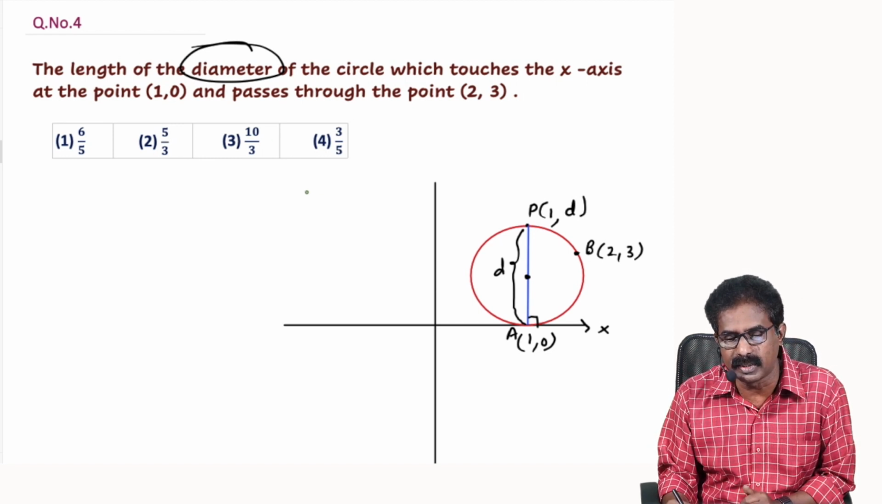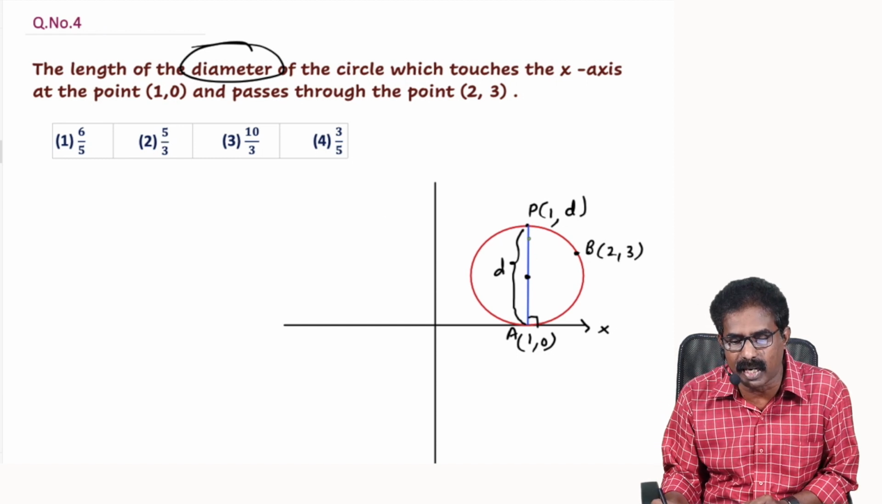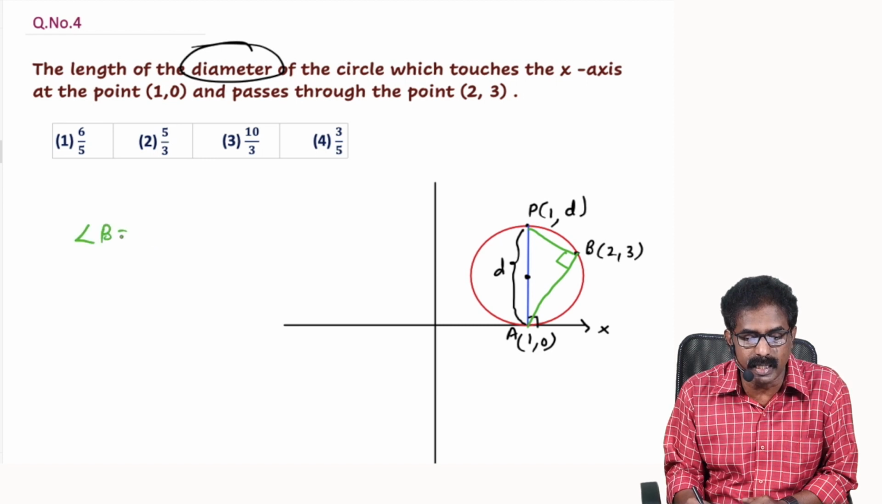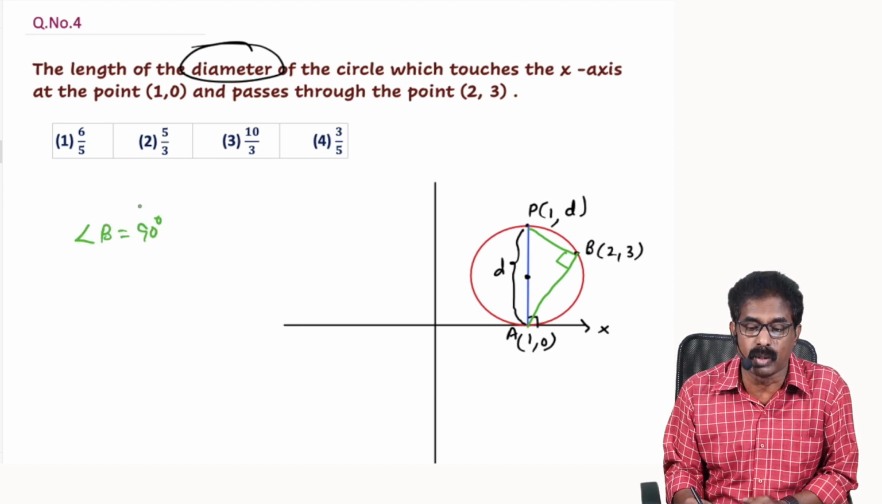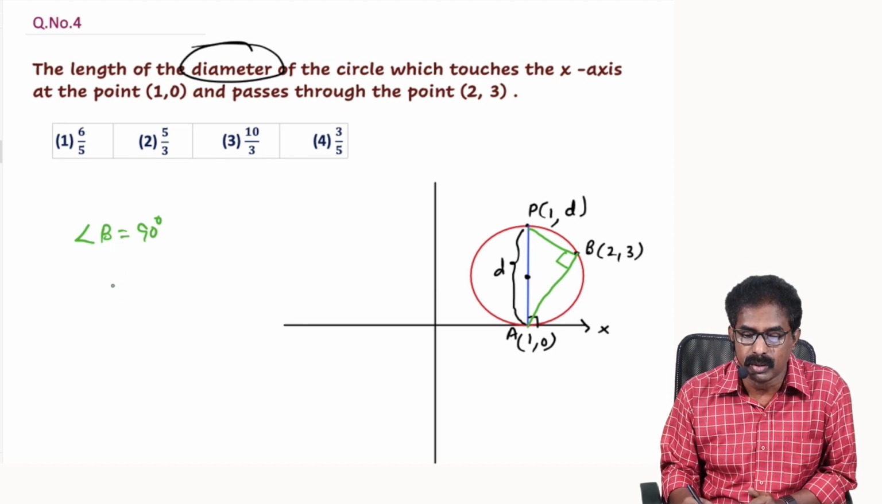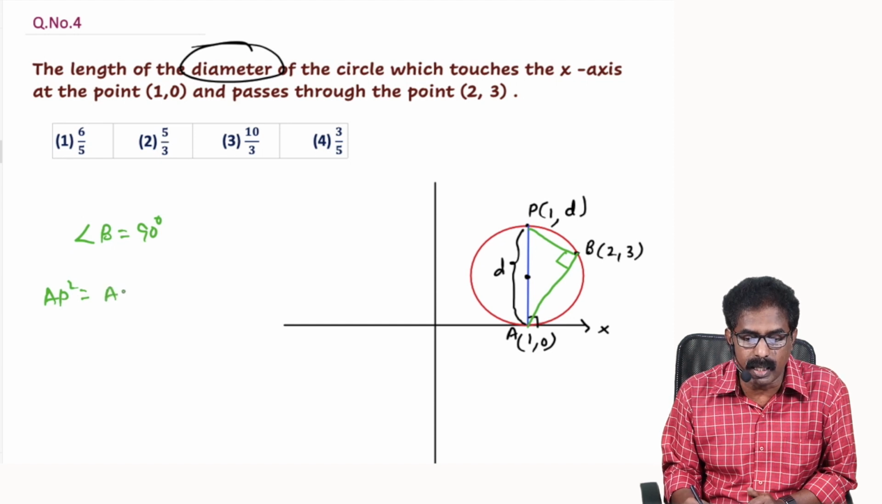Can you see semicircle? There are two semicircles here, right? I'm going to join this PB and AP. You know, angle in a semicircle is 90 degree. Right? So angle B is 90 degree here. You are getting a right angle triangle. So hypotenuse square. Which is the hypotenuse? 90 is opposite is hypotenuse. Right? So AP square is equal to AB square plus